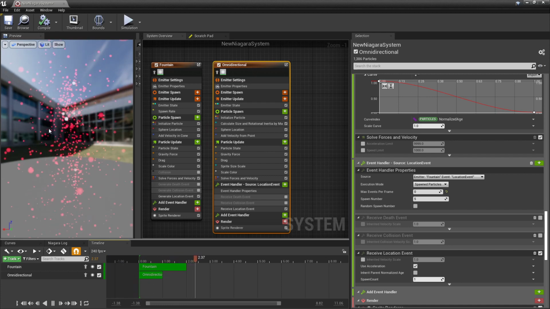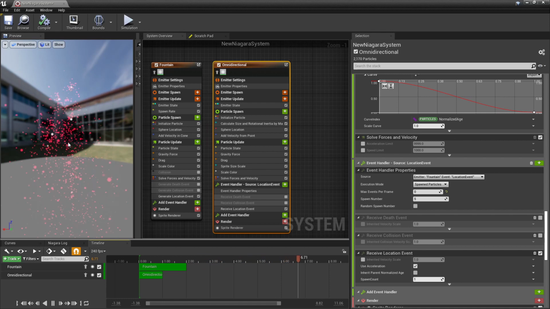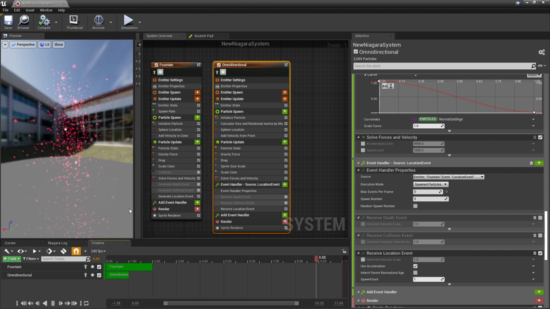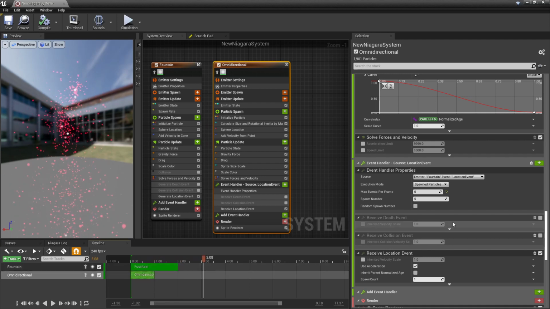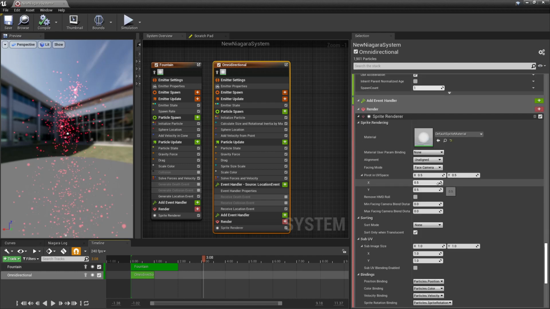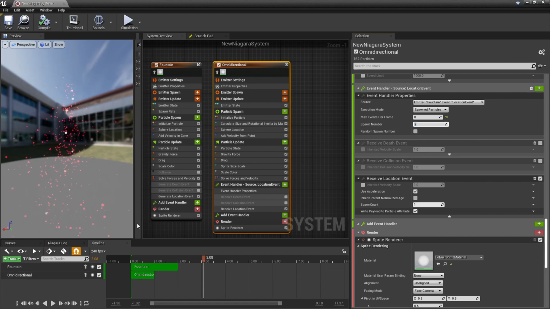And now you'll see that as the position of the fountain particles update, the omnidirectional particle also gets emitted. Just so that it is clear, let us reduce the spawn amount. Spawn number, let me just reduce it to say 2. And now you see this nice effect.